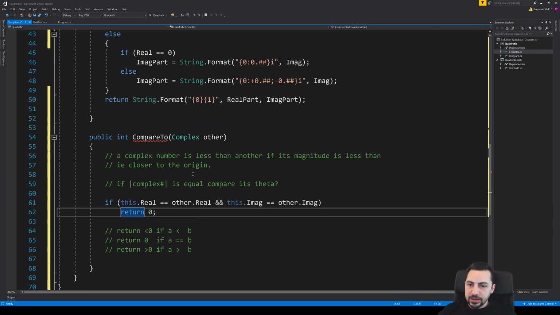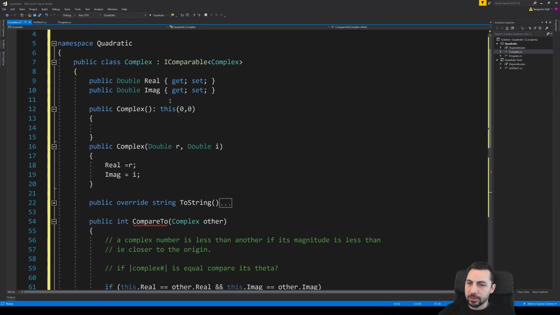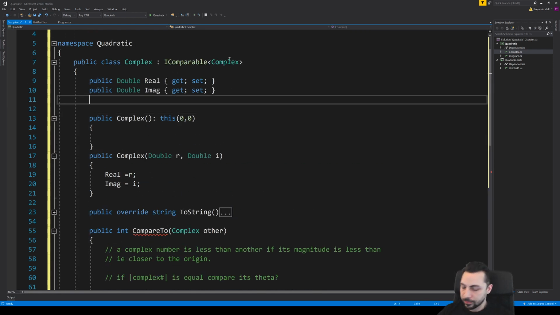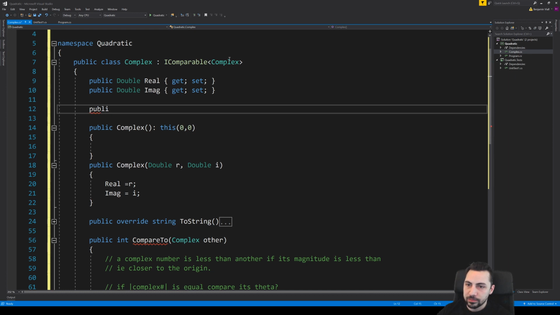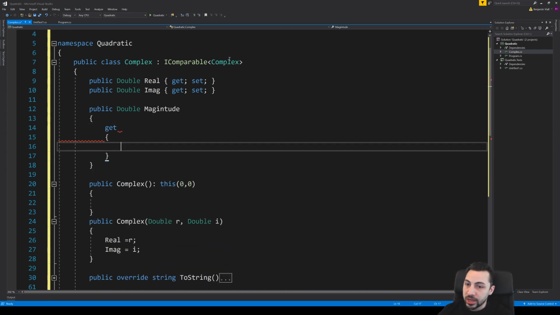Now, calculating the magnitude, I'm actually going to take a moment and augment this class ever so slightly, because it would be pretty simple to just write a method to calculate the magnitude. So we're going to make a read-only property. What is the magnitude of this number? That's going to be, what? Pythagoras, right?